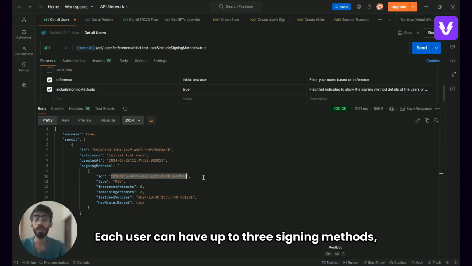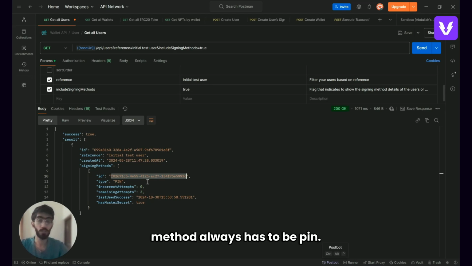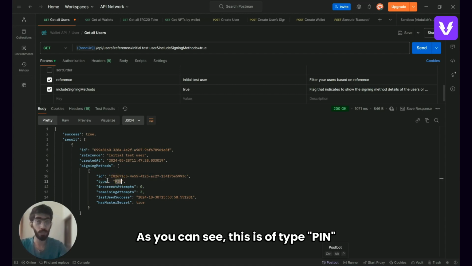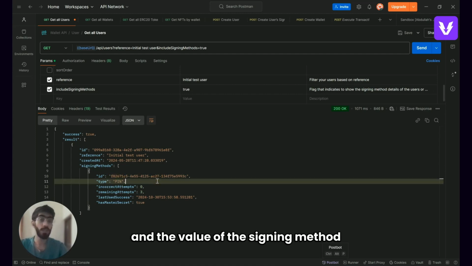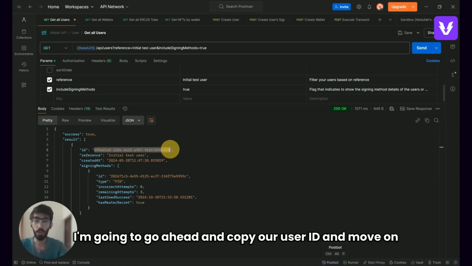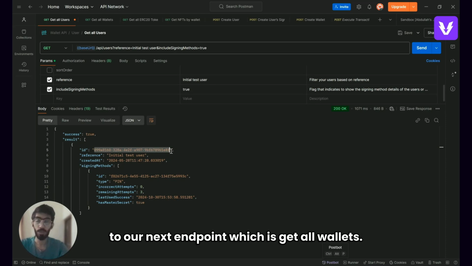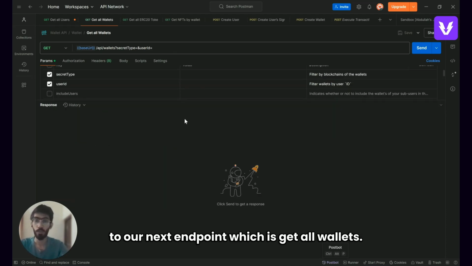Each user can have up to 3 signing methods, while the first signing method always has to be PIN. As you can see, this is of type PIN, and the value of the signing method for the testnet user is 1, 2, 3, 4, 5, 6. So that's something to keep in mind. I'm going to go ahead and copy our user ID and move on to our next endpoint, which is get